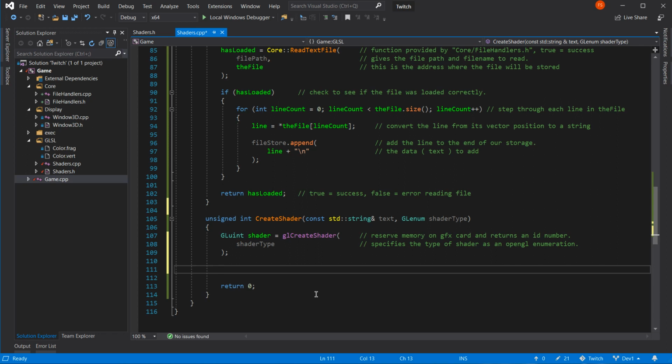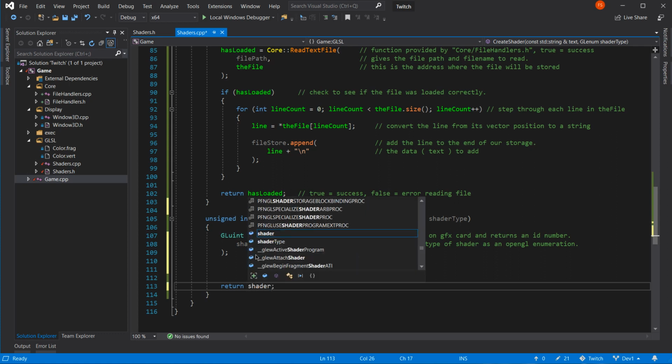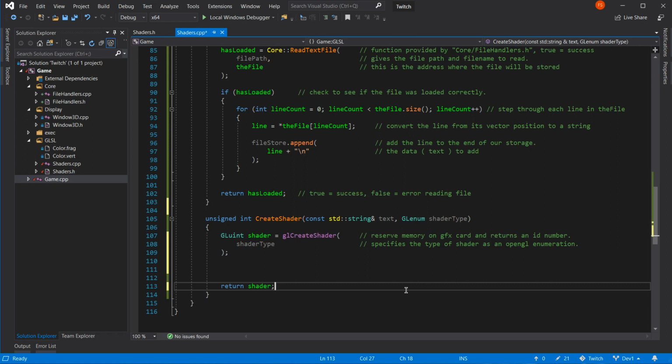Right, this is where we're going to need a bool again, isn't it? And we have to return a shader number. This is where it's going to... I just don't know how I'm going to do this. I'm going to have to reverse things around from how I've been doing them before, and I don't like that idea.